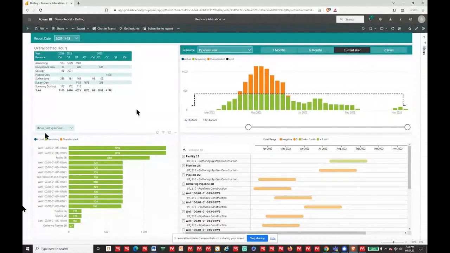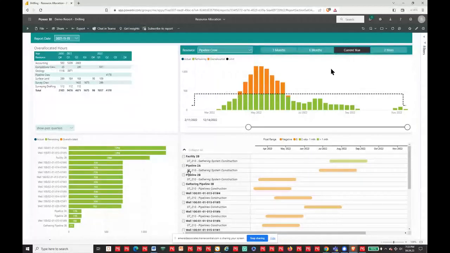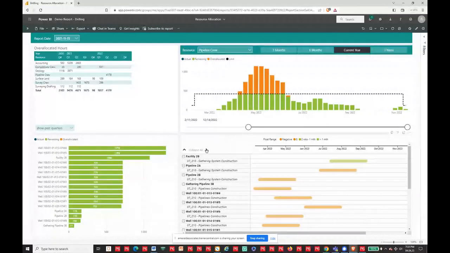In other words, we're back to our projects. And when we look at this, we've got overallocated hours. Then I've got resources here. Now I can choose what resource I want to have a look at. So I'll leave it on pipeline crew for the time being here. Now I've got this particular pipeline crew resource profile. These are the projects that are involved in generating this particular resource profile. And here are the activities in the bottom right that all this information is generating from. Now, I realize that's pretty